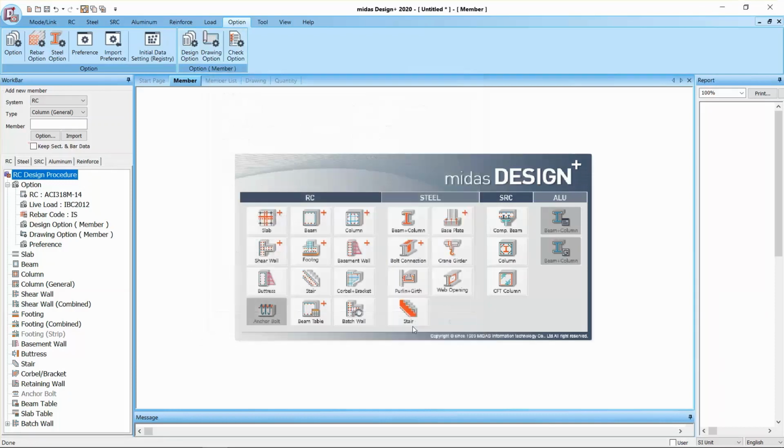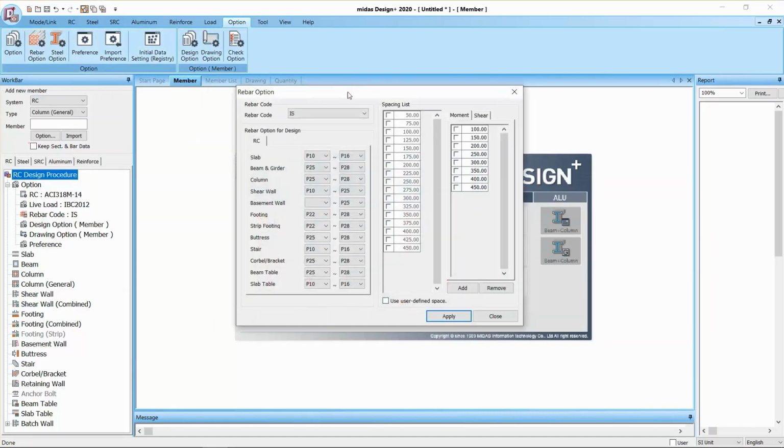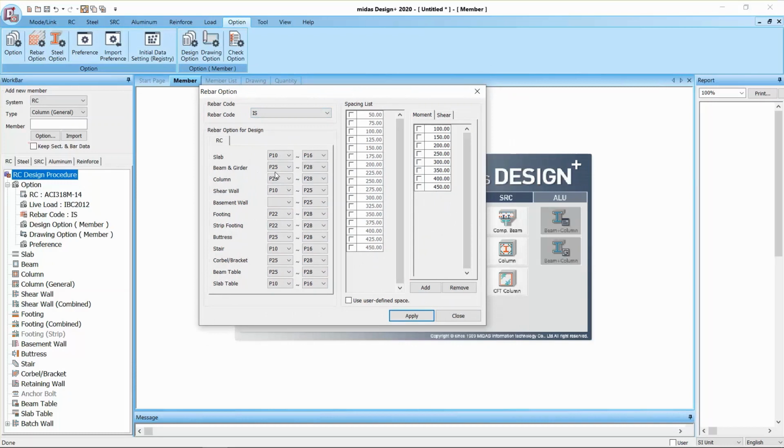So click OK, and then for the rebar option, let's use IS, and then for the beam and girder, let's just stay at 16. Also for the column,